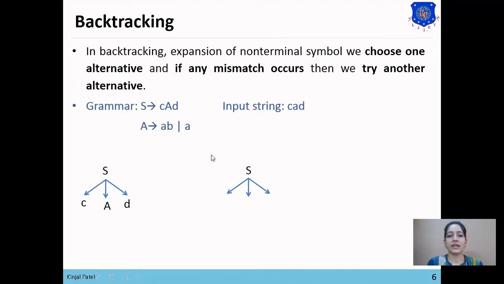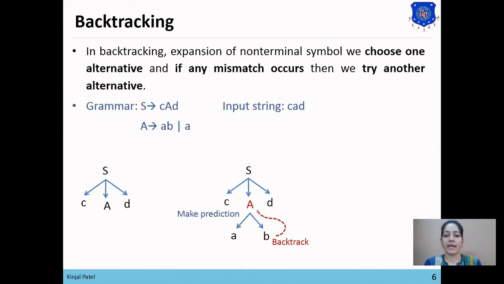So CAD. Now parser will make a prediction and it will take AB as a string. So after generating string CABD, it will compare it with the input string, and here you can see that the string we have generated is not matched with the input string, so it will backtrack and check for another alternative. So here again there is one alternative which starts from A, so it will make a prediction and select A. Now again it will compare with the input string.